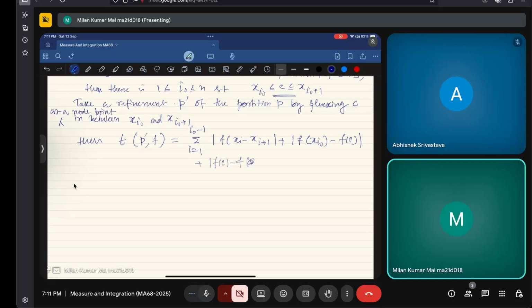Just a minute, one second, there is a problem with my pencil. Just a minute, I have a little issue. My pencil, yeah, I think it's not working. Okay, so